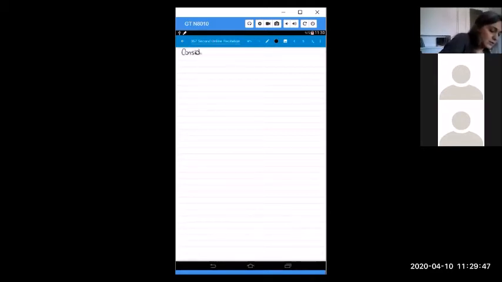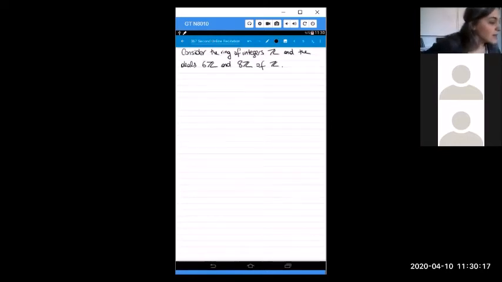Now, with this definition, we are going to consider some ideals. Consider the ring of integers, Z, and the ideals 6Z and 8Z of Z. Okay, I think in the lectures of your instructor, it has been shown that all ideals of the ring of integers are of the form n times Z. And here in this question, we are taking two of them, 6Z and 8Z. Okay, these are principal ideals